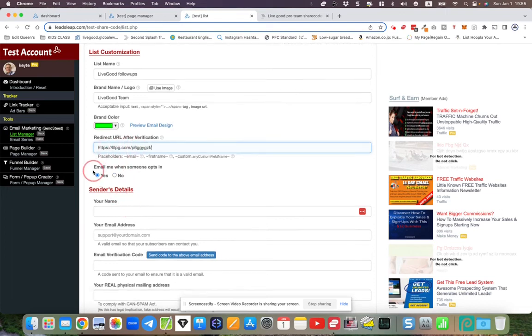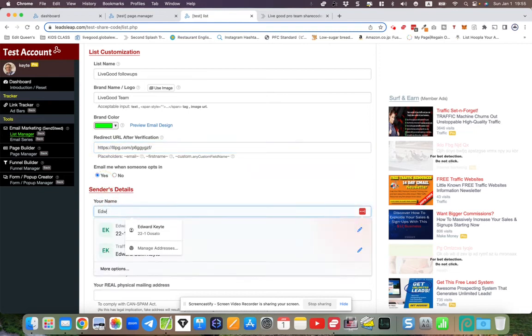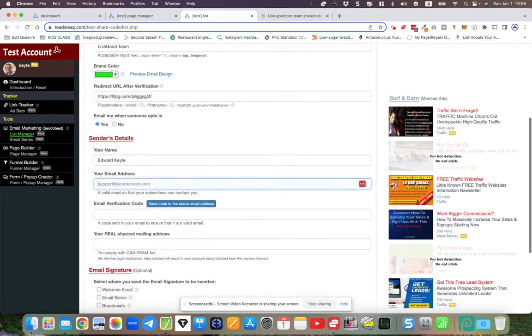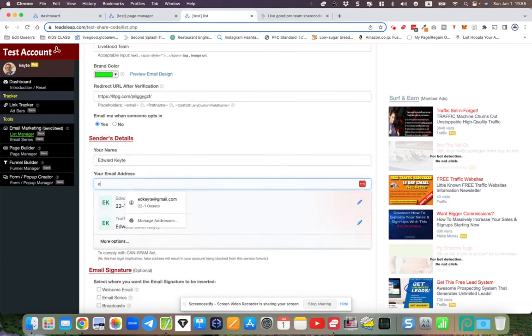Okay, now it's up to you if you want. Every time someone opts in, you can have the system email you just to alert you that somebody has just opted into your list. It's up to you. Just keep it as it is. Put your name in here, just so that people know who you are, which is important. Then put your email address in here,